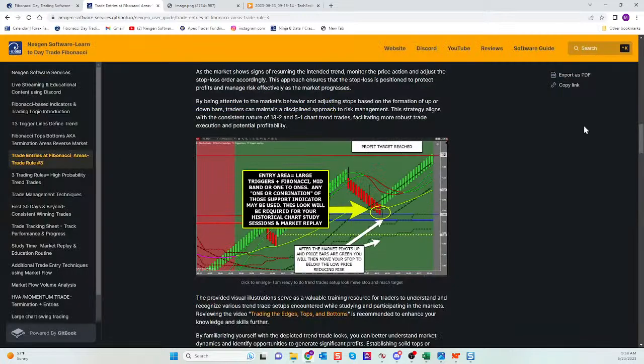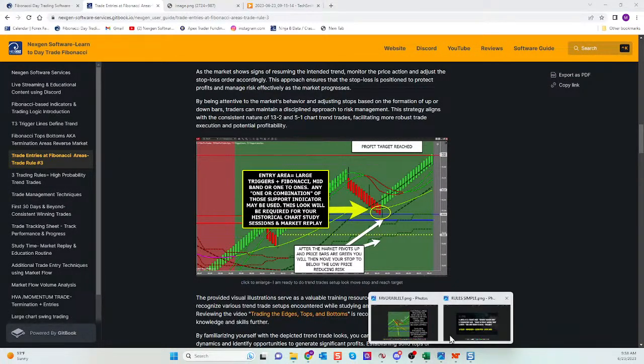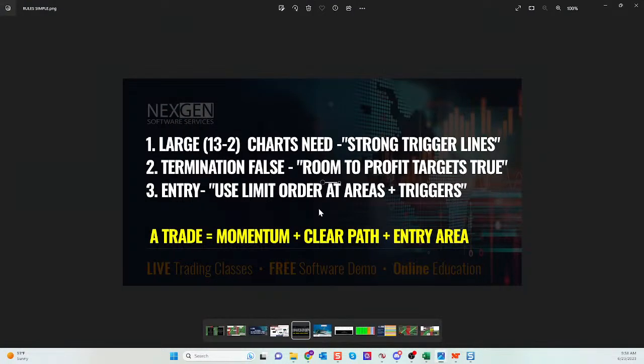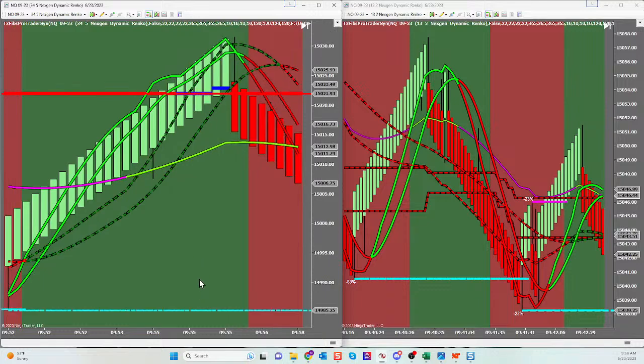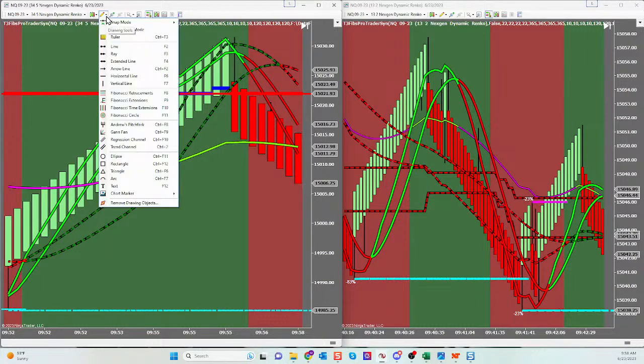Guys, this is your highest probability trend trade. This is the trade that has the advantages. This is the trade that teaches you to read your charts. This is the trade that for 20 days, through the duration of your demo, for your first 30 days of Nexgen, focus on grabbing these great entries, guys. Focus on getting these absolute best of the best. Focus on studying these absolute best of the best.